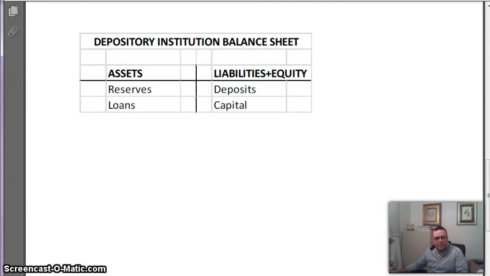If somebody walks in and says, I want a loan for $1,000 to buy some inventory for my business, what they'll probably do is just credit their account with $1,000. Deposits go up 1,000, loans go up 1,000, everything balances out, but now there's 1,000 more deposits out there. Deposits are part of the money supply, so the money supply goes up 1,000. So what ends up happening is, as the bank makes more loans, the money supply expands. As the bank contracts loans, the money supply contracts.